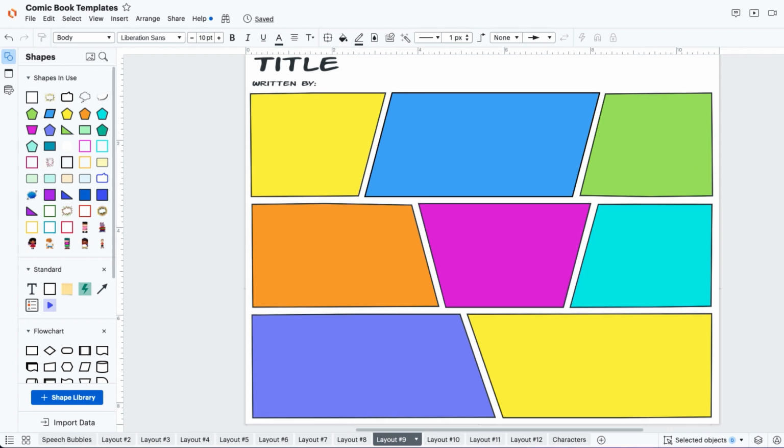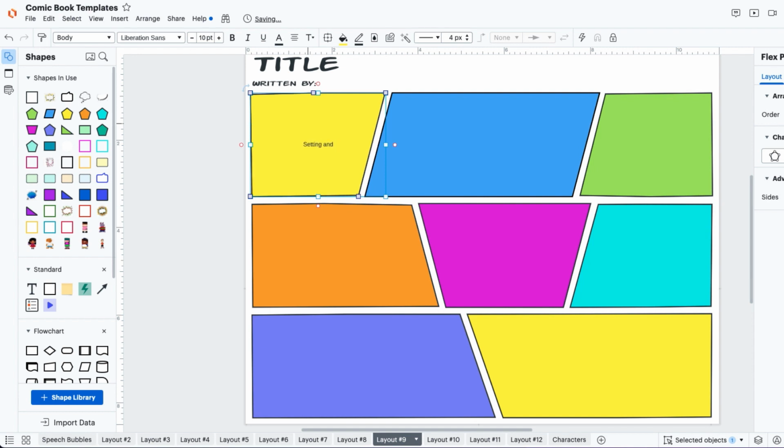For example, maybe the students are coming up with their own creative writing comic strips and they are coming up with their own stories. So as the teacher, you might say, I want you to use this template. So you're going to have a story that specifically has 8 different events. So then as the teacher, you could come in and fill in, for example, I want this to be the